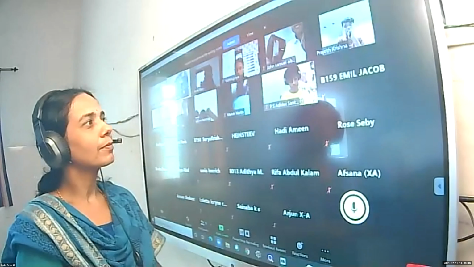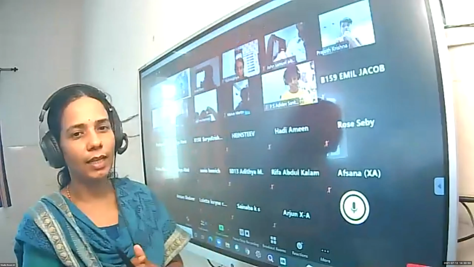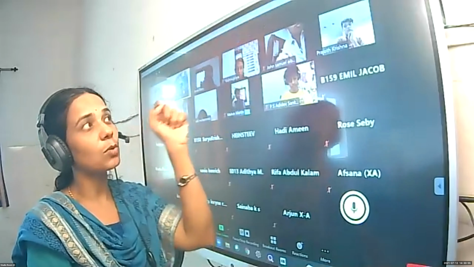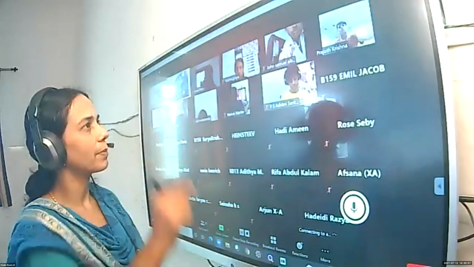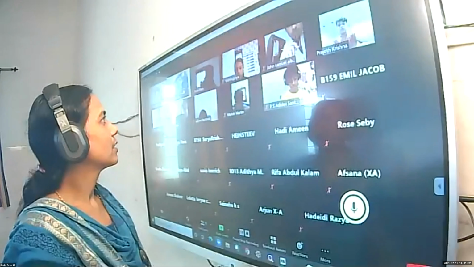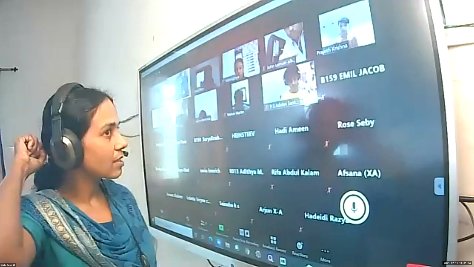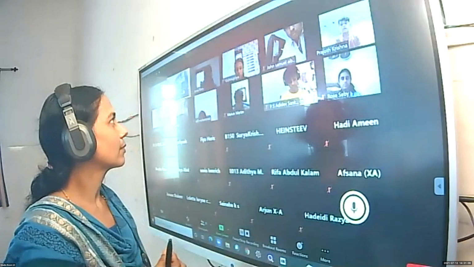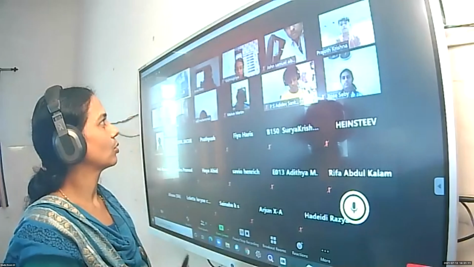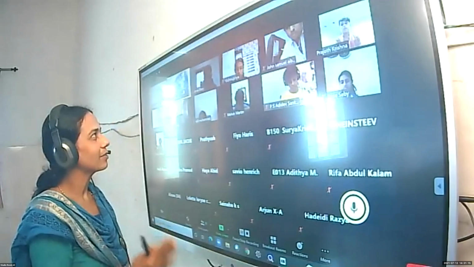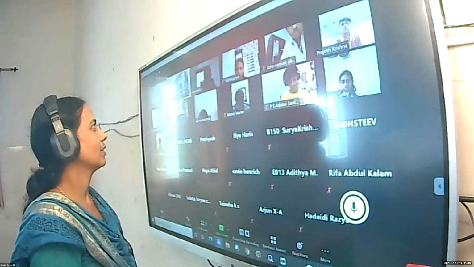Then the other thing I want to say is, in MS Word you have an equation option. If you use that equation option, you can write it properly. Likewise for suffixes, I know you have the superscript and subscript options in Word. Use that so that it will be more clear. You presented well, but next time, do it more. Okay? The other who is ready?